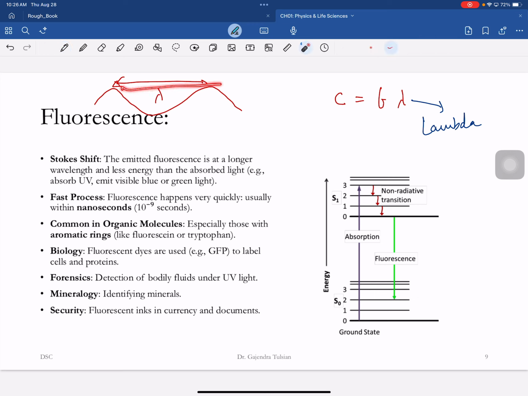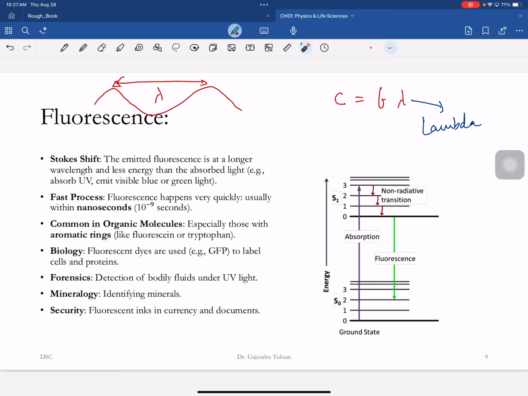So here's the speed of light. The speed of light is constant. So if the frequency increases, the wavelength will decrease. If the frequency decreases, wavelength will increase. Can you just say that one more time? All right, so this is constant. This is the speed of light. This is frequency times wavelength. So if frequency increases,